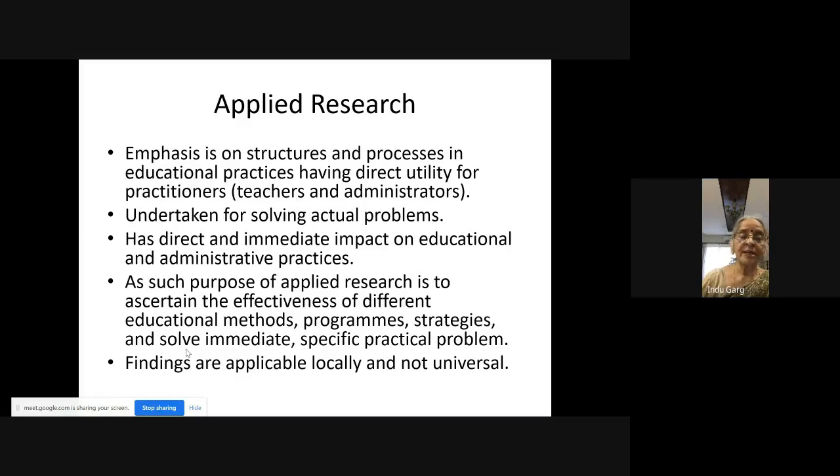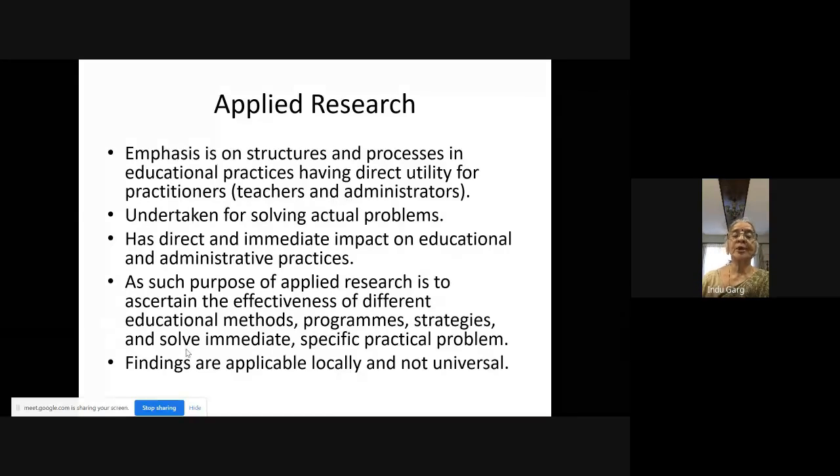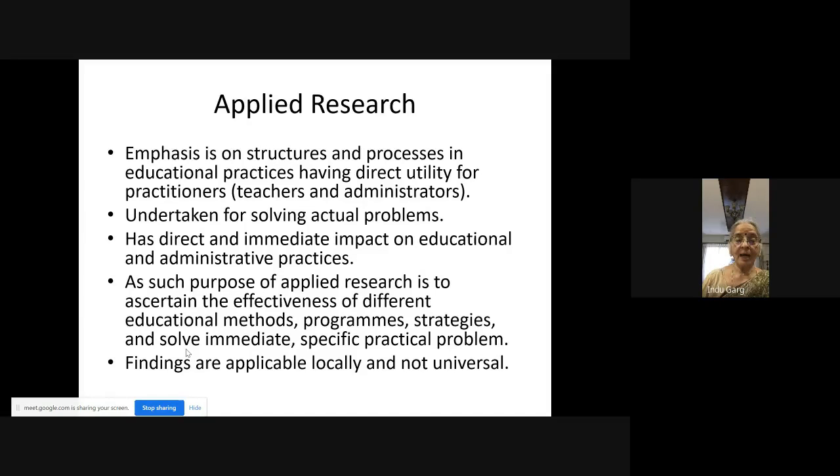Of course, in the educational arena, a lot of research is also done on management and administrative practices. So there also you can apply whatever knowledge you have. If you know the theory of motivation, how to motivate office staff, you will use that theory and apply it on the staff, maybe with some incentives or some recognition, but you have to apply your theory of motivation. Okay.